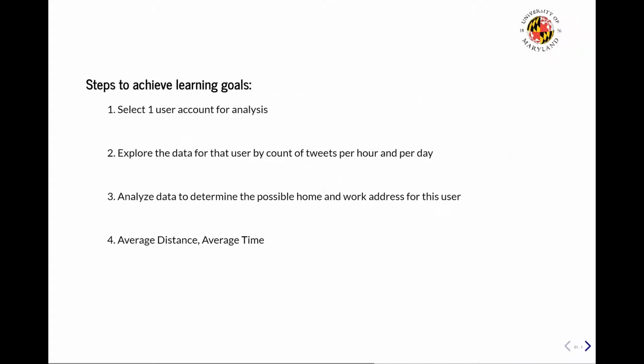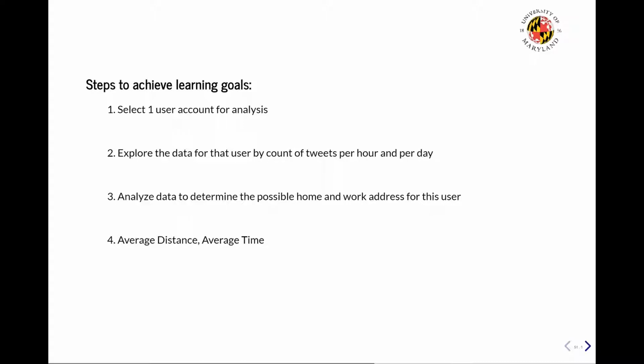To achieve these steps, we will learn how to build a spatiotemporal profile of any location which is denoted by a set of coordinates. We will also see how to get more information about the point indicated by a set of coordinates, that is, to translate it to a location.